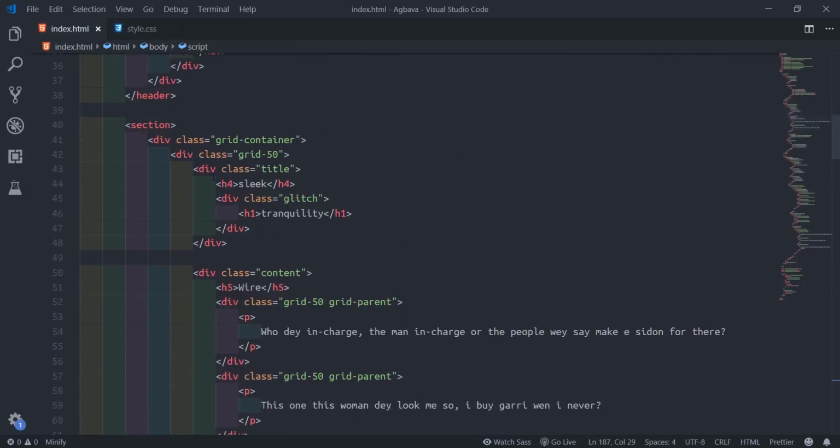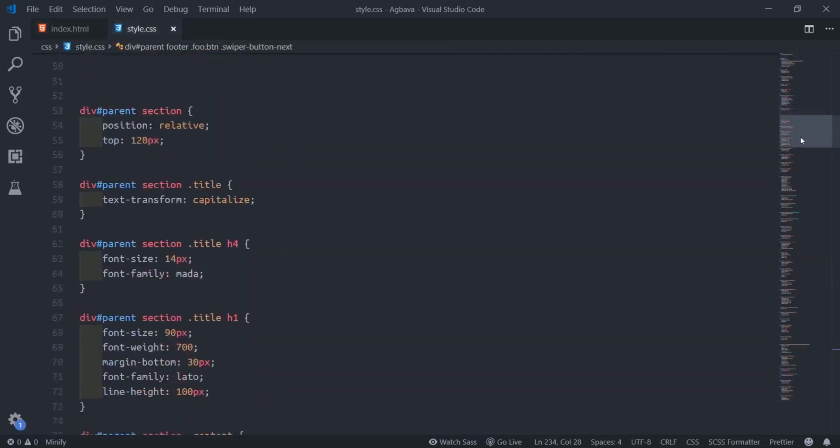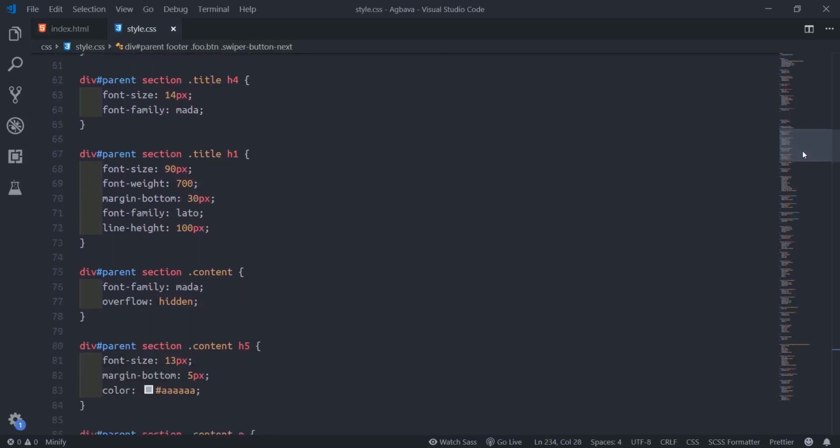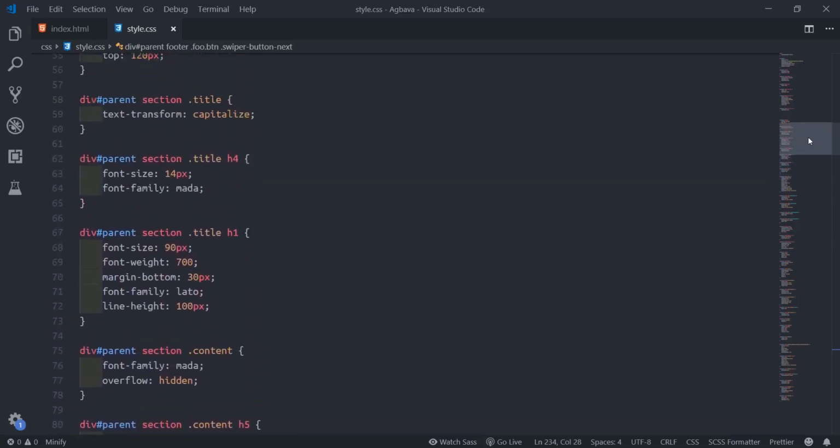We must see which place this is. Each one for section title. So find section title here. Maybe this one. I'll duplicate this one.